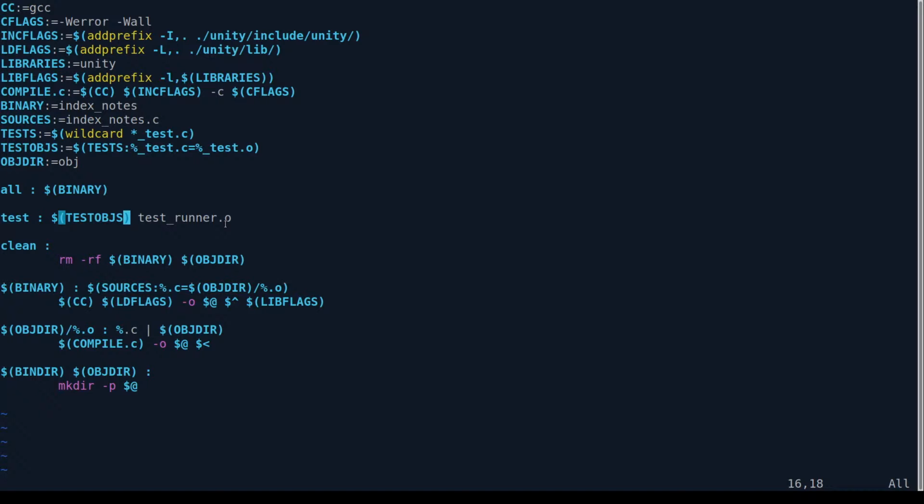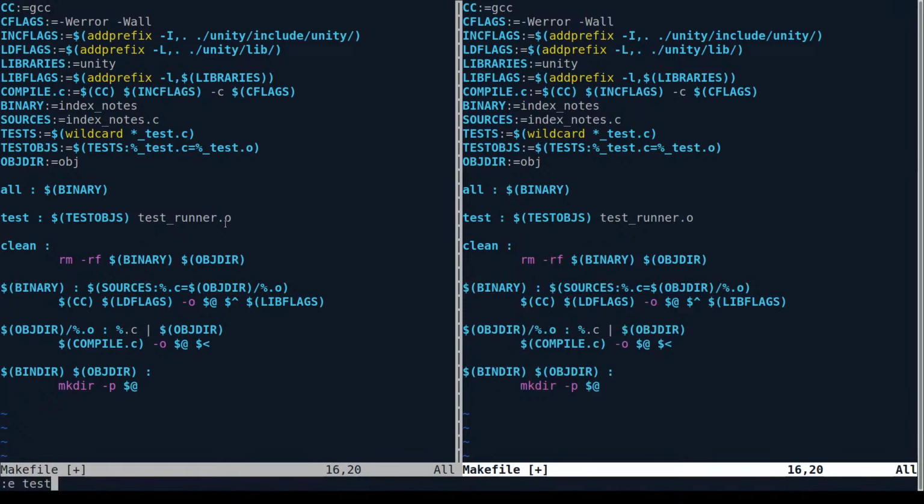So I'm going to make that, and then what I should need is, it should just be as simple as compiling with the linker flags